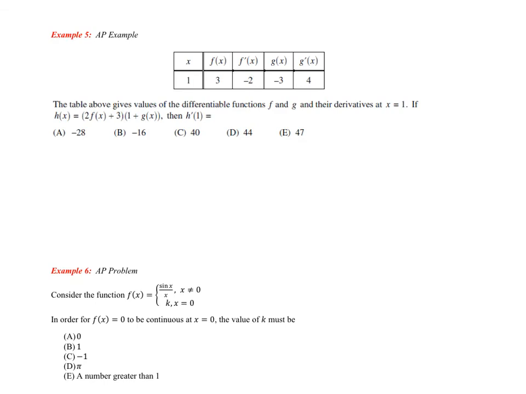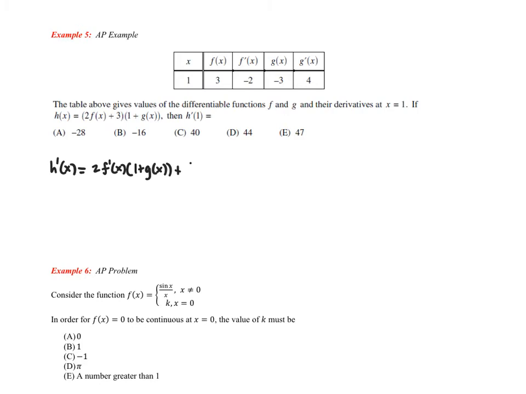Number 5, this is an AP style question, so get used to this type of question. The table above gives values of the differentiable functions f and g and their derivatives at x equals 1. If h of x equals that thing, then what is h prime at 1? Let's find h prime at x, and then we'll sub in a 1. Okay, so I got product rule going on here. So the derivative of the first function is going to be 2f prime at x, right? The 3 would drop off, times the second function left alone,